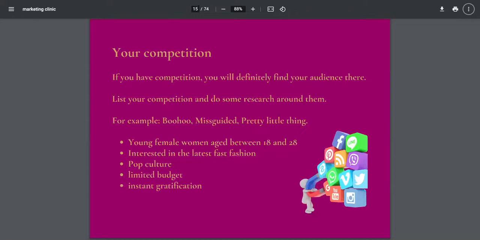Okay, so they are interested in the latest fashion, so that means they will follow the likes of Rihanna, Kim Kardashian, Kendall Jenner, one of the Jenners, the Kardashian clan. They will follow the likes of Ariana Grande, which is of course pop culture, and they wear the latest fashion trend. They would like to dress and look like them, but of course on a limited budget, therefore the clothes are cheaper, and they do not want to wait a couple of months to have raised the funds. They want it now. So therefore it is instant gratification.